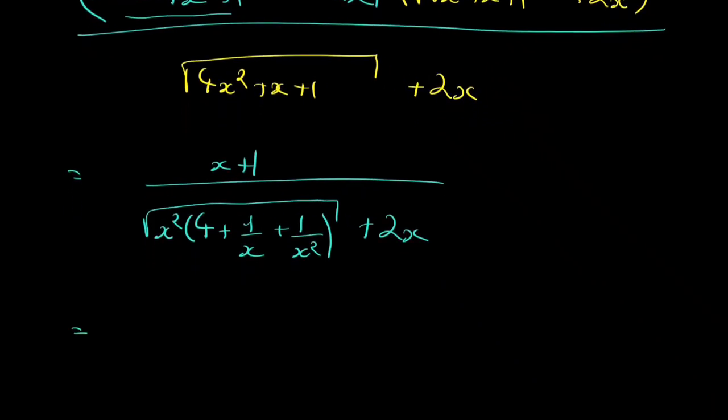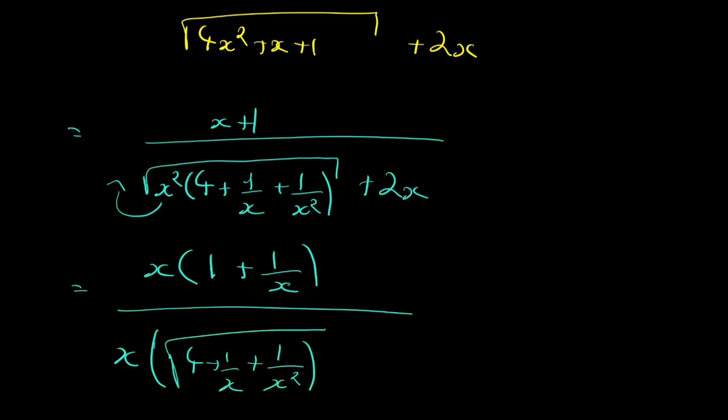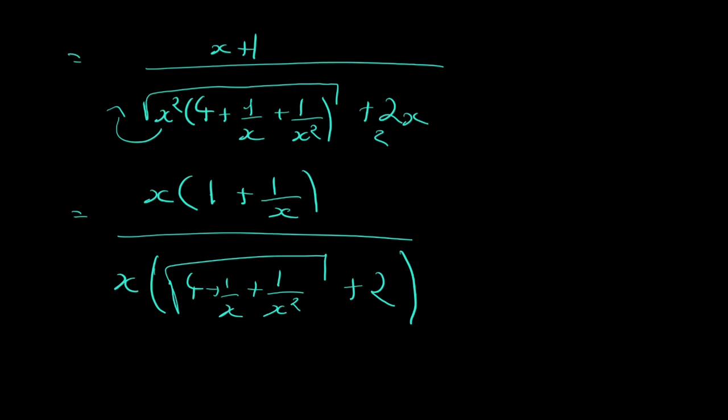And this would be equal to x times, at the top, 1 plus 1 over x, divided by x, so I put this x in front, x times square root of 4 plus 1 over x plus 1 over x squared, this whole thing is square root, plus 2, the 2 is this one. I can simplify those two x together, and when